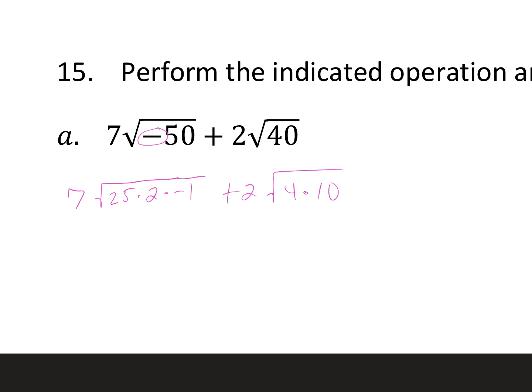So what can I take out? The square root of 25 is 5, right? And what's the square root of negative 1? i. All right, so I'm going to multiply. What is 7 times 5i? 35i, and then I have the square root of 2. Over here, what can I take out? 2, right? And 2 times 2 is 4. So I have...